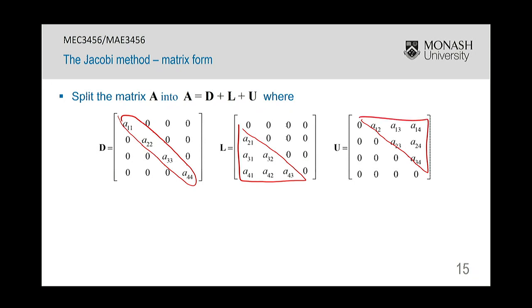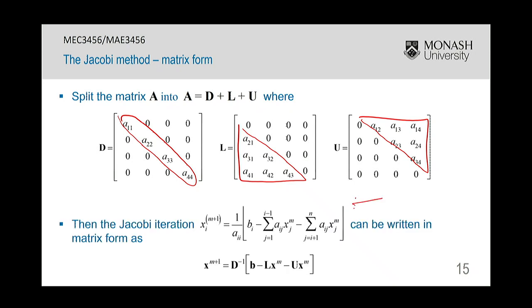So A is equal to D plus L plus U, and if we go back to this equation here for the Jacobi iteration, it's actually pretty easy to show that we can write this in matrix vector form as our vector of unknowns is equal to D to the minus 1, so in other words this diagonal matrix here, that corresponds to that term there, multiplied by, and this is a matrix vector multiplication, b